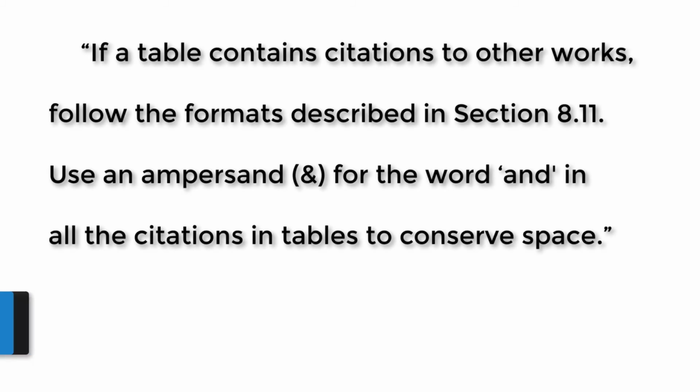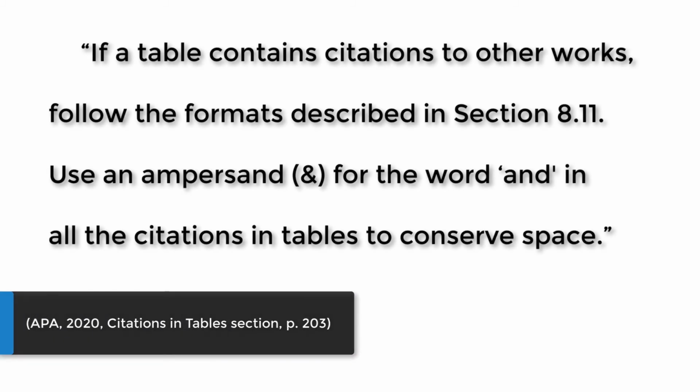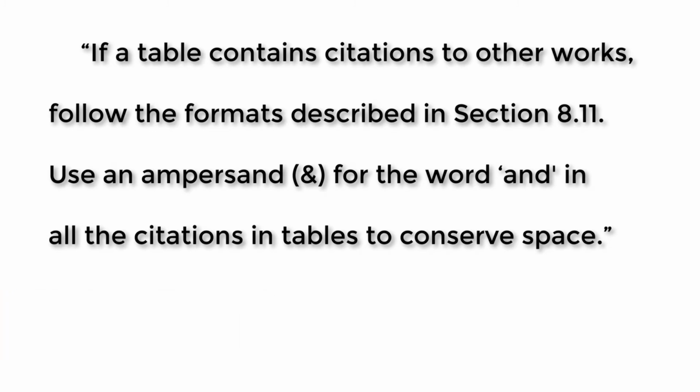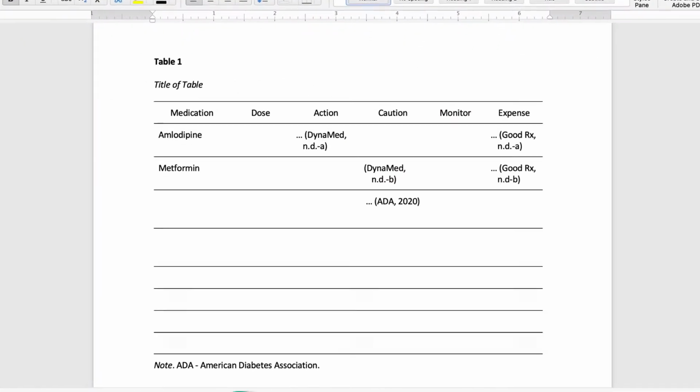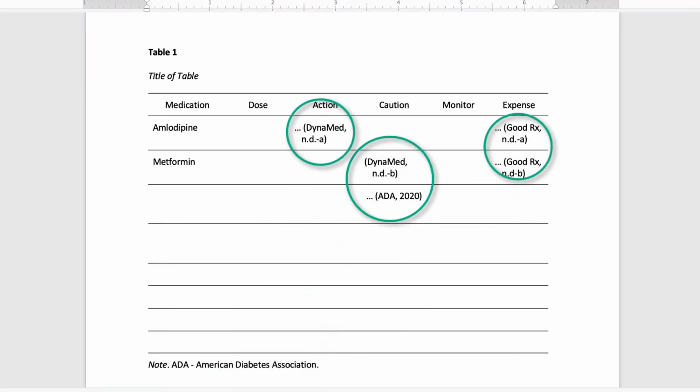APA advises that if a table contains citations to other works, follow the formats described in section 8.11. Use an ampersand for the word "and" in all citations and tables to conserve space. Table 7.4 in section 7.21 shows an example of a table containing citations to studies included in a meta-analysis. This simply means you'll use in-text citations in the cells of your table where appropriate and in the most succinct